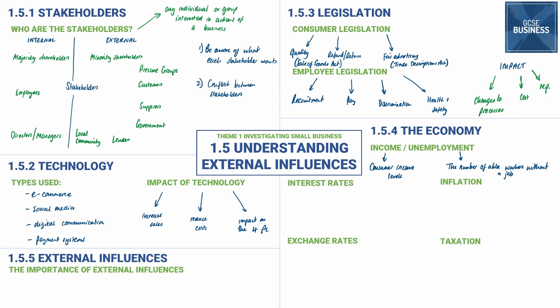As you can imagine, when income levels rise, people tend to spend more. But for some businesses, like for example Aldi and Lidl, they might actually see a drop in spending when incomes rise, because customers might choose to buy from more luxurious businesses. Aldi and Lidl definitely benefit, and other low-cost retailers benefit when incomes drop, because people start to save money, and one of their ways to save money could be going to a business like that.